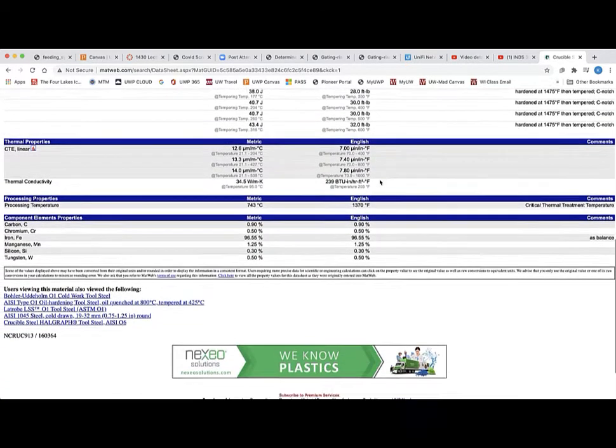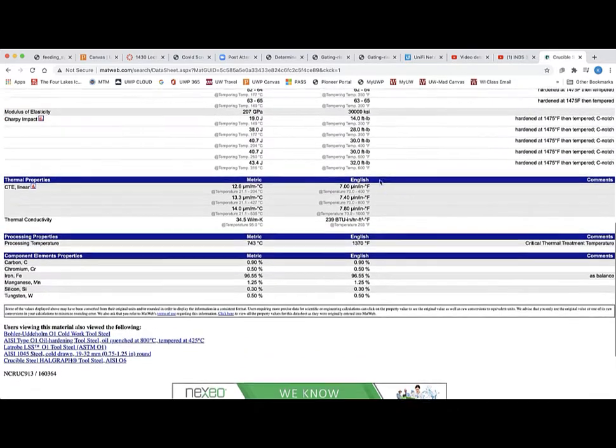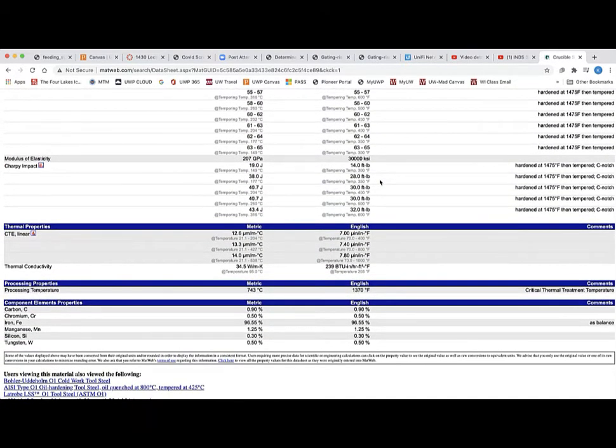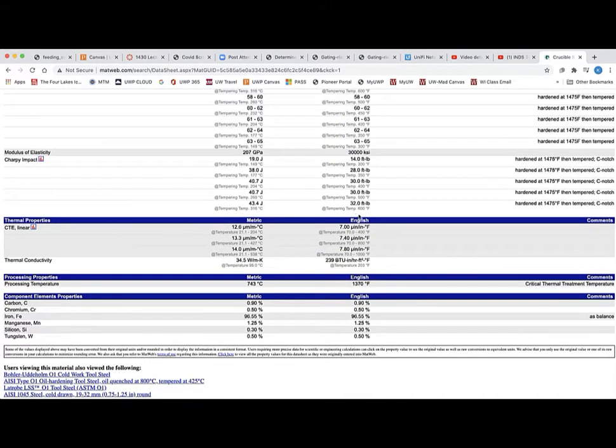Okay, so we come down here, and here's some other things we might want to know. Impact values. Well, this is really pretty important. If we tempered it at, well, let's see, at 600 degrees, it has 32 foot-pounds. And if we temper it at 300 degrees, it has 14. So you can see this impact strength. In other words, when there's a sudden impact,